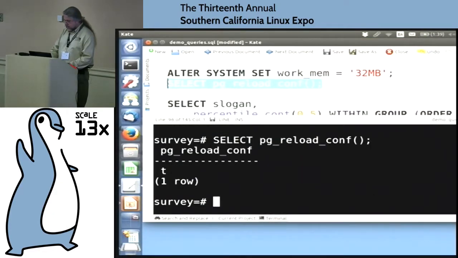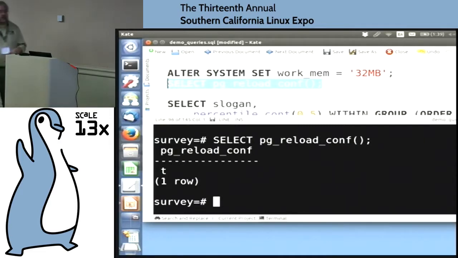And the reason for that is it was our way of working out the issue that often if you're going to be changing settings this way, you want to change a bunch at once, and you don't want them to take effect until you're done changing settings. Some settings are dependent on each other. And so you go through this thing of doing an ALTER and then a reload config.